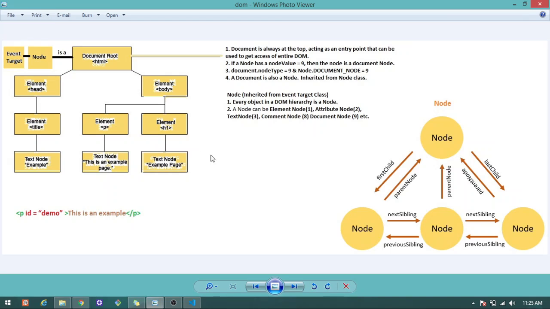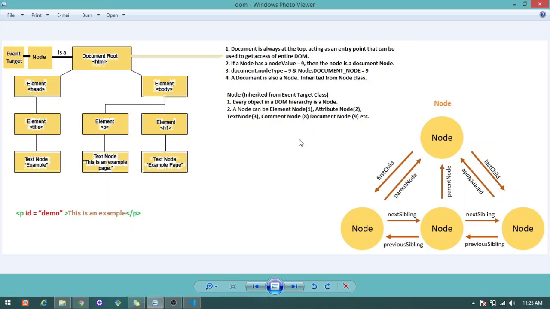For each element tag, there is an object inside this document tree, and it provides properties and methods to interact with the element. This representation is called the document object model. The global document object gives us access to all these objects.